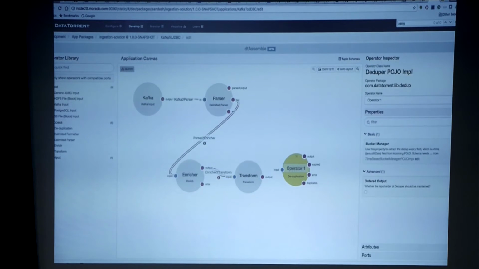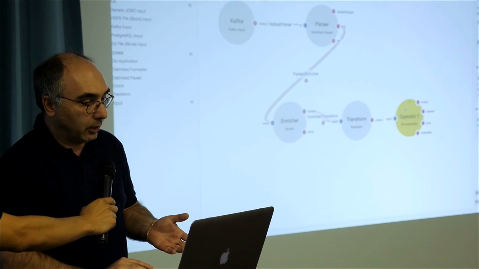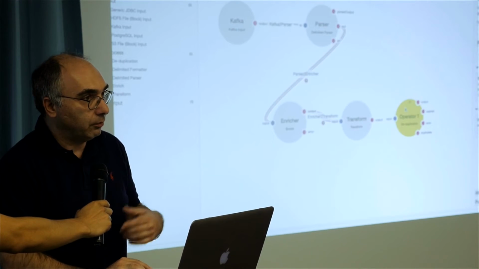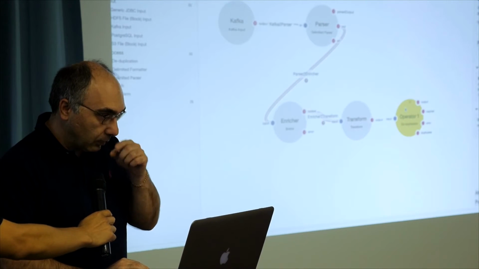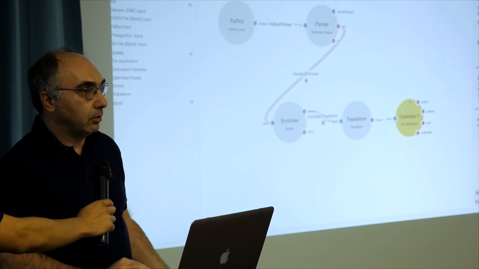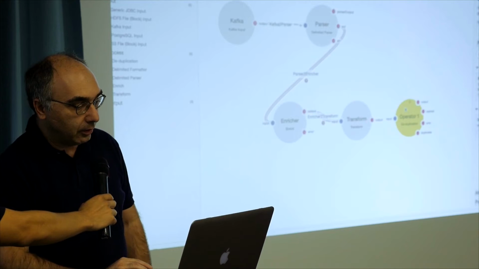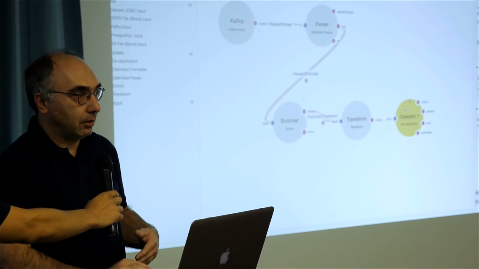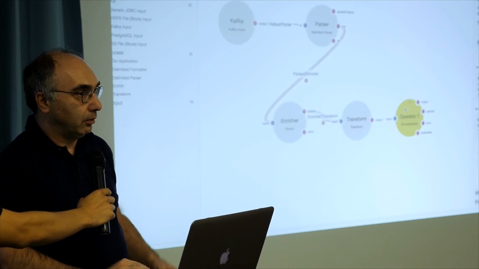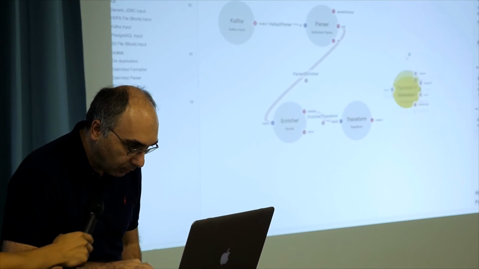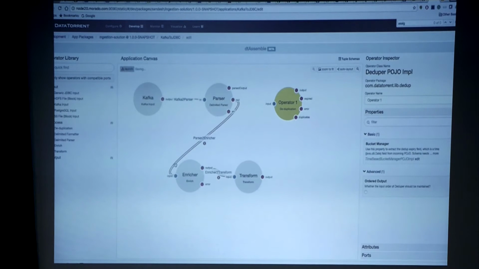Application, right? And let's say at this point I realize that I actually want also to do dedup application, and it's better to do dedup before I do processing. Otherwise, I'll be processing duplicate records twice, right? I basically will be enriching and transforming them, and then once they reach the duplicate operator, certain records will be rejected. So at this point, I can basically go and